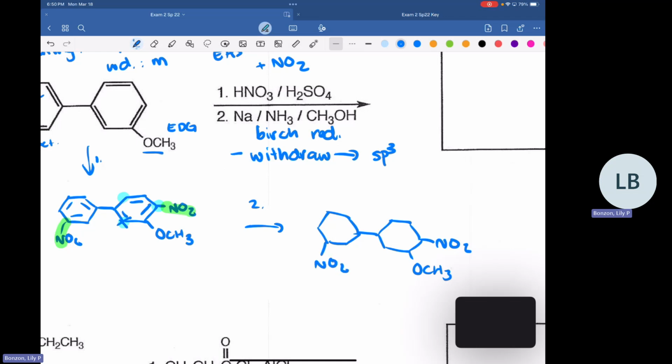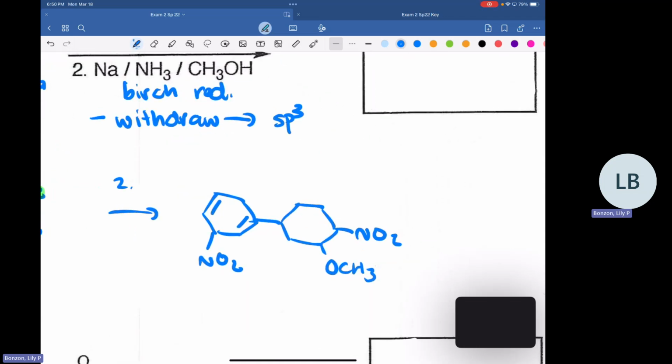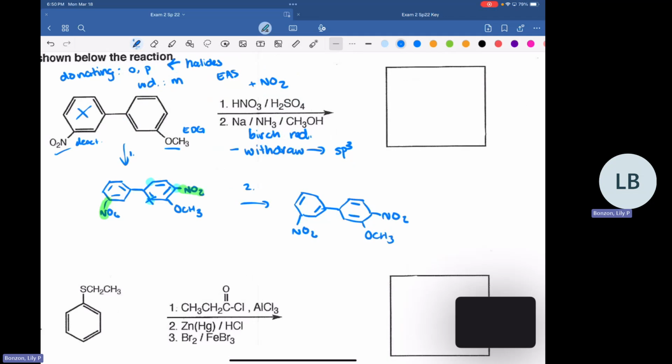And so now we're going to worry about where our double bonds go. So we want our withdrawing groups to end up on an sp3 carbon. So I'm just going to put our double bonds here. That puts the nitro group on the left on an sp3. Over on the right, again, we want our nitro group to be on an sp3. So I'm going to put our double bonds here. And we are good to go. And this could be a product of that reaction. Any questions on that one?